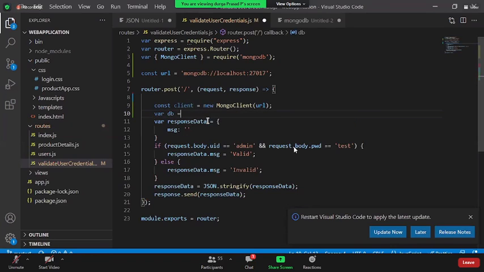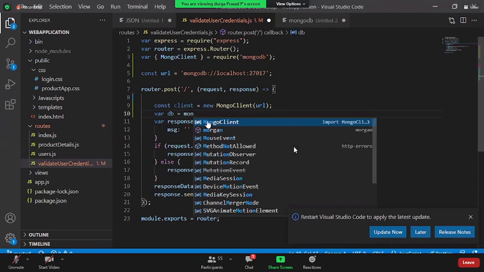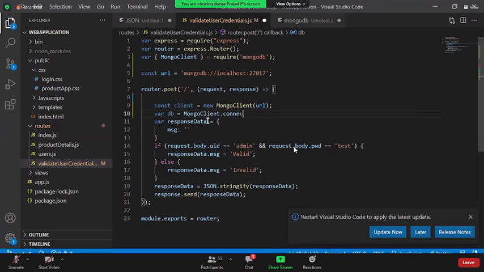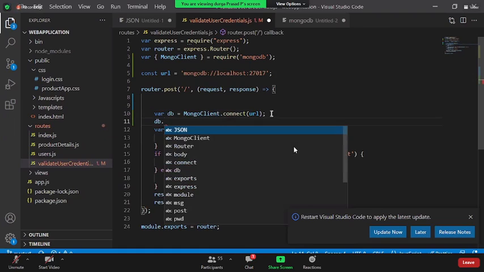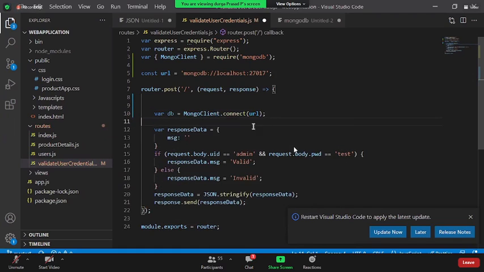Where db is equal to Mongo client dot, db is equal to Mongo client dot connect with URL. db dot. No, this is not the way actually.